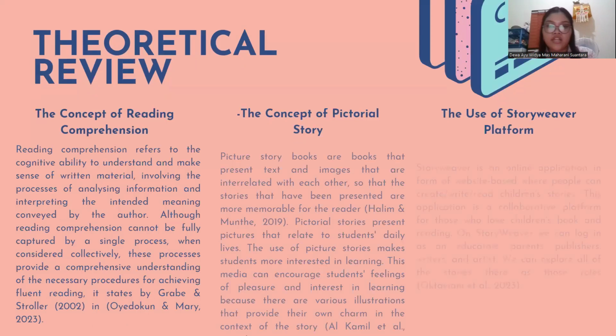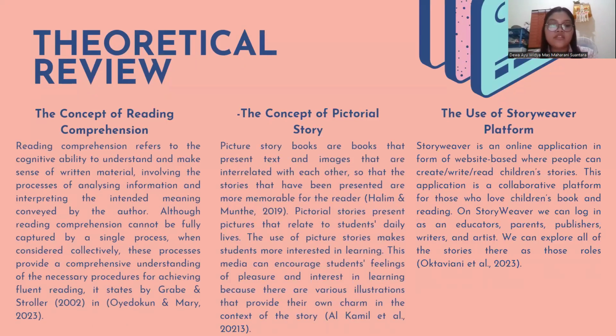The first one is theoretical review. The first concept is the concept of reading comprehension. Reading comprehension refers to the cognitive ability to understand and make sense of written material, involving the process of analyzing information and interpreting the intended meaning conveyed by the author. Although reading comprehension cannot be fully captured by a single process, when considered collectively, these processes provide a comprehensive understanding of the necessary procedures for achieving fluent reading. It is stated by Grabe and Stoller, 2002, in Oyedokun and Mary in